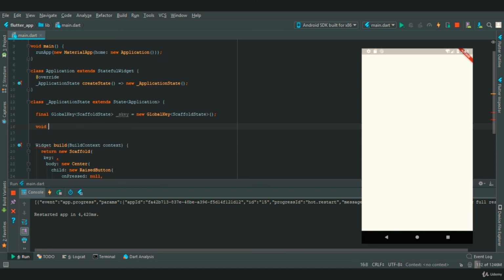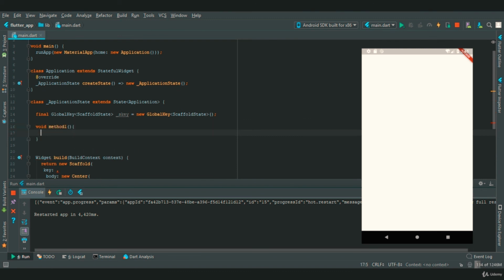Now the next thing is we need to provide a method. So we'll say void method 1, and in this method we are going to create a snack bar. So for that we need to define skey, which is a scaffold state dot current state dot show snack bar. Now in this we need to create a snack bar widget. So we'll say new snack bar, which takes a property content as a string, but we need to provide a widget in this. So we'll say new text widget, and in that we need to provide a string. So we will say activated